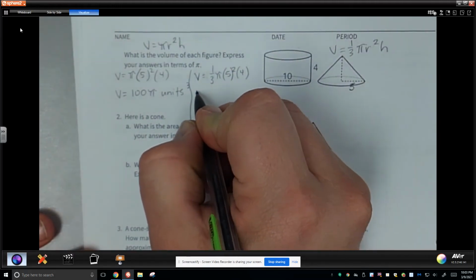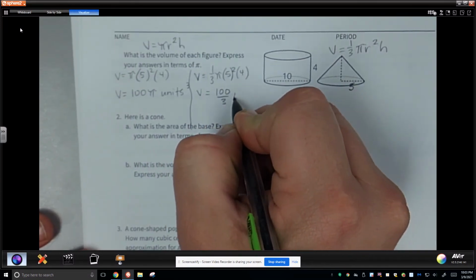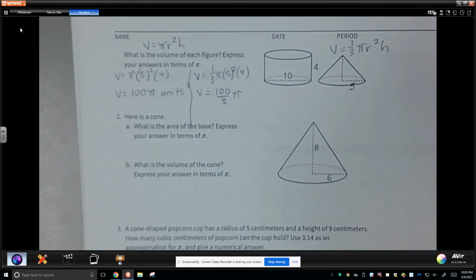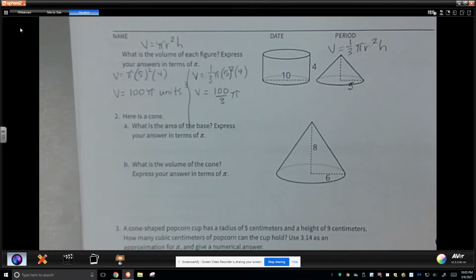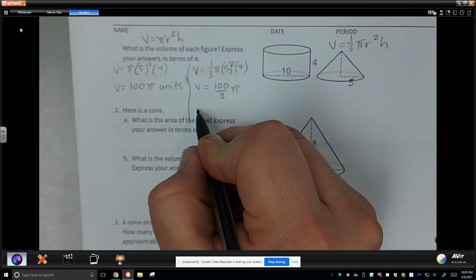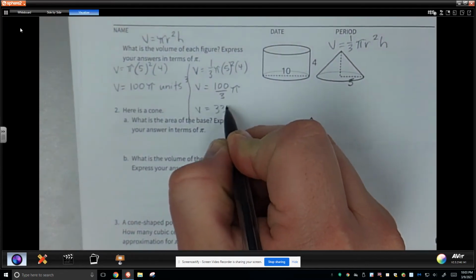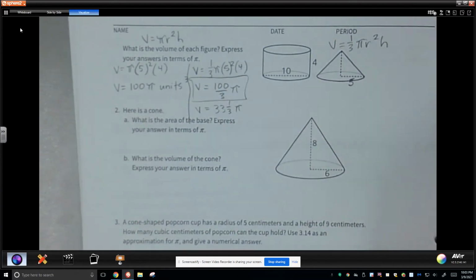So what I would have to do with this is the volume would be equal to 100 times pi over 3. I'm going to leave this as thirds because it's a precise value. It would mean that I'm not going to have to go ahead and round it off to 33.3 or 33 1/3. I guess I would accept that, 33 1/3 times pi, but